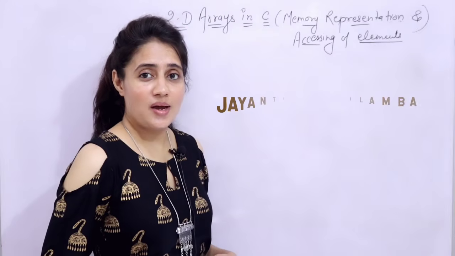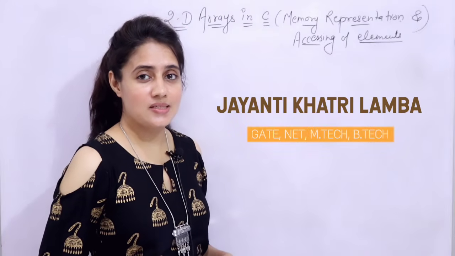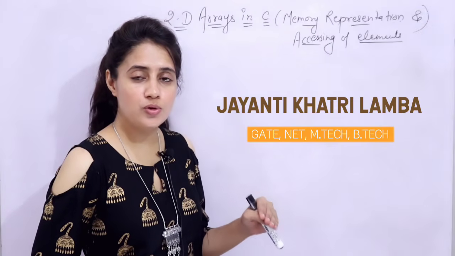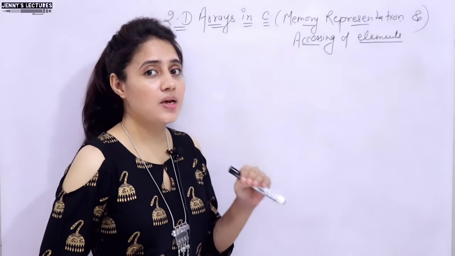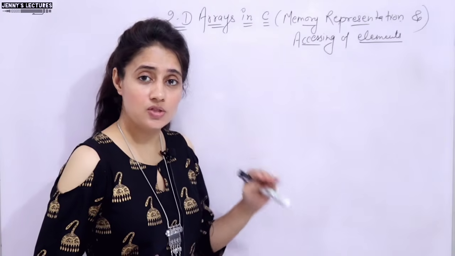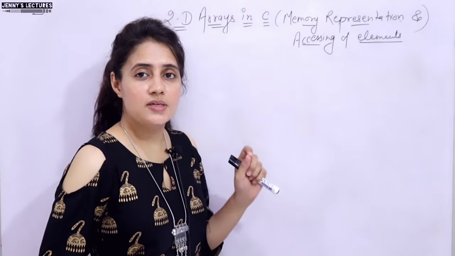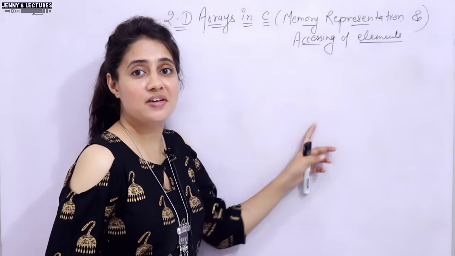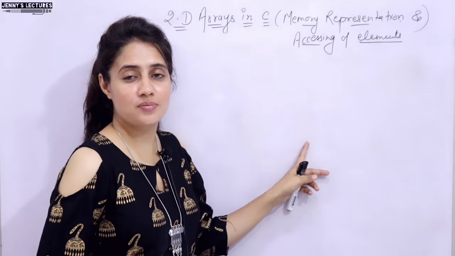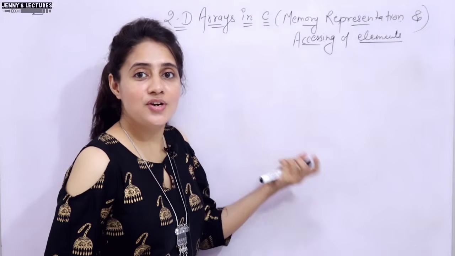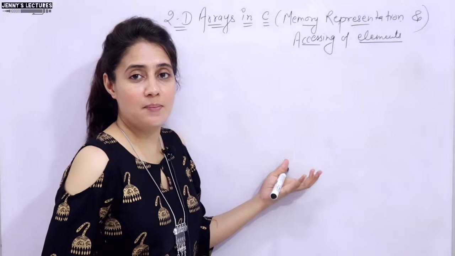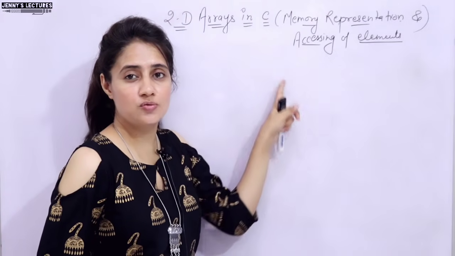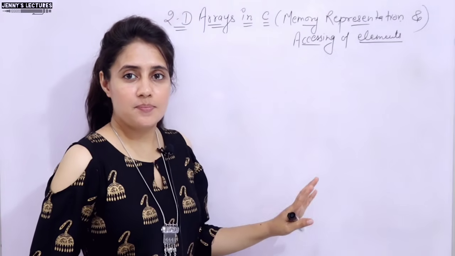So in this series of learning programming in C, we are discussing 2D arrays in C. We have discussed why 2D arrays, means the reason to use 2D arrays, declaration of 2D arrays and initialization of 2D arrays. Now in this video we will talk about memory representation of 2D array, because we see what 2D array is like in a matrix form, data is stored in a matrix form, but actually how data is to be stored in memory, that we will discuss here, as well as how to access elements of 2D array. Both things we will discuss here with the help of example, right.